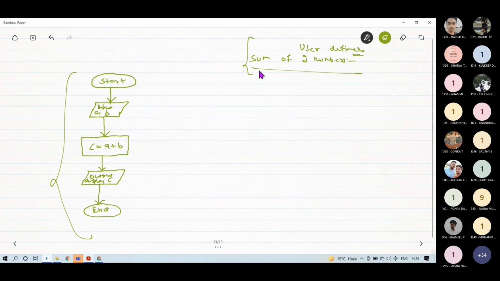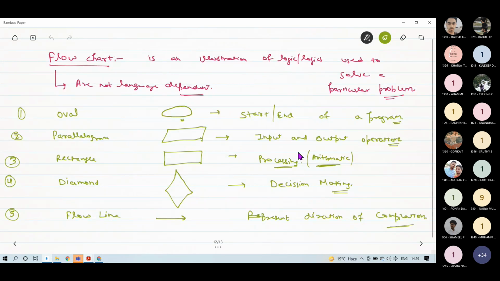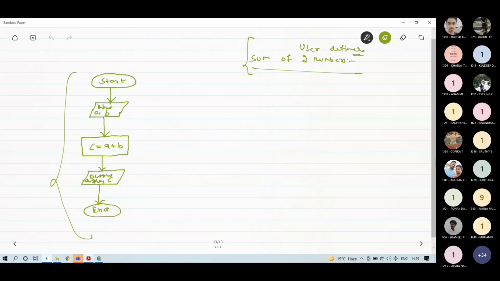So flowchart should be language independent, and it should basically give you an idea about the logic you are using to solve a particular problem, right?